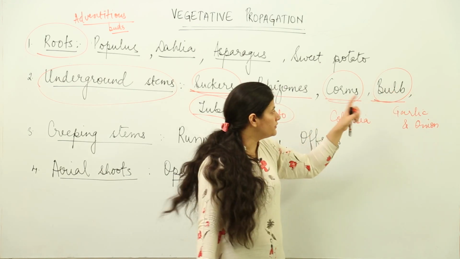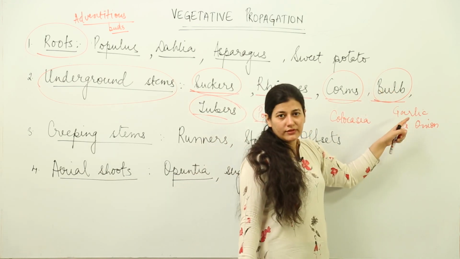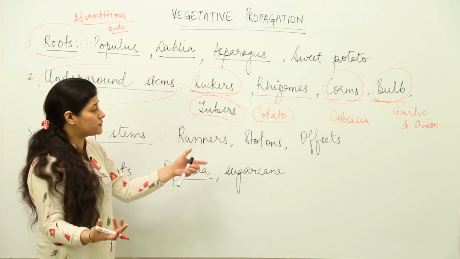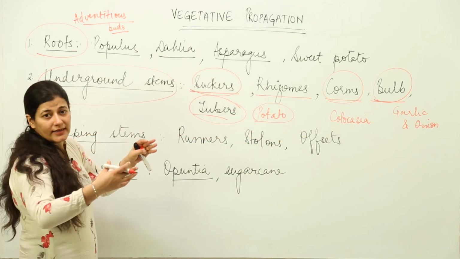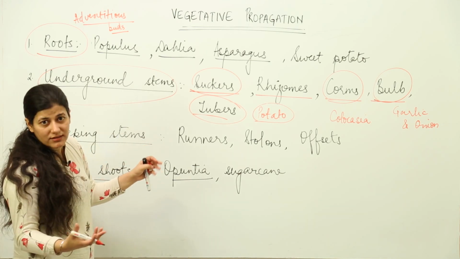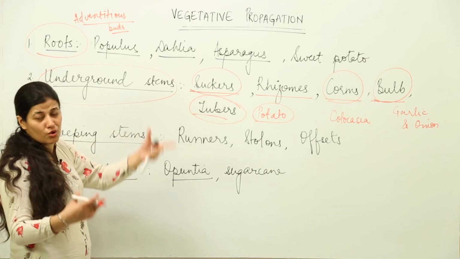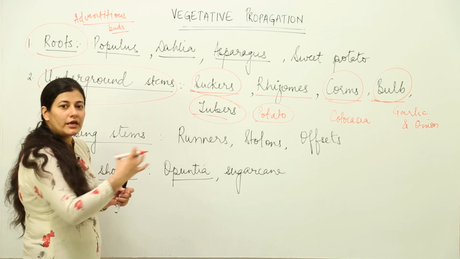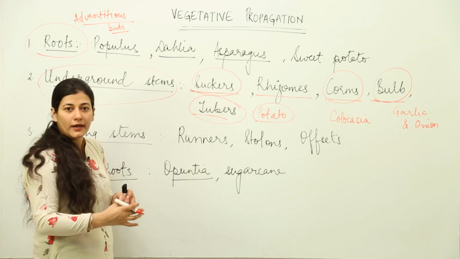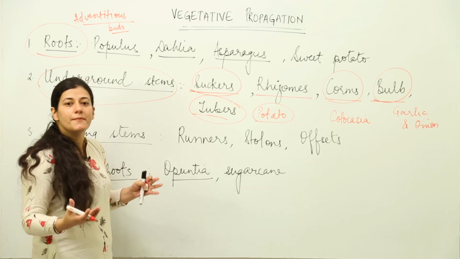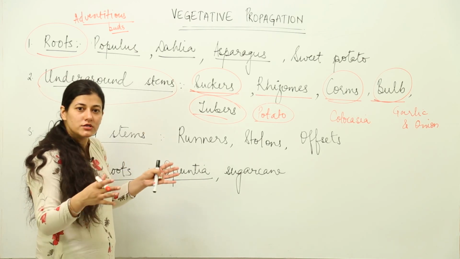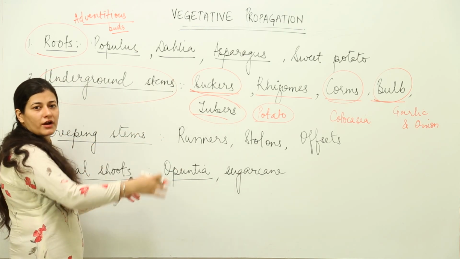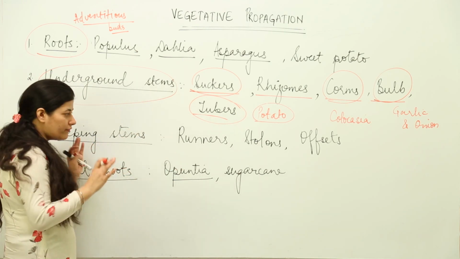Talking about bulbs, we have the example of garlic and onion, and tubers, the best example is potato. So you can make it out that there are so many methods, especially in the case of stems. There are so many stems in different plants which help in propagation of the plant, the formation of new plants from the stem itself. It does not depend on that entire process of sexual reproduction. Instead, some part of the plant is specialized to give rise to the shoot and root system from there only.